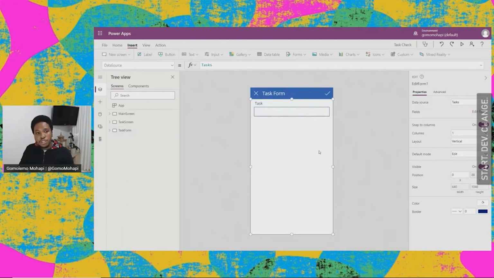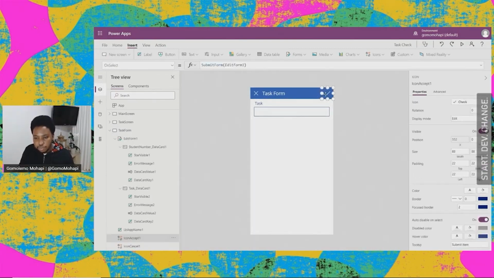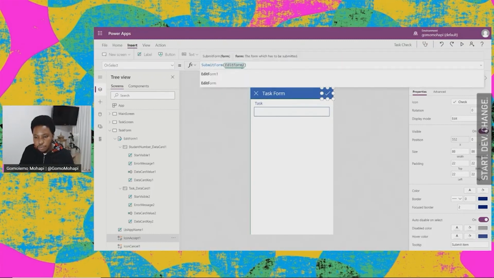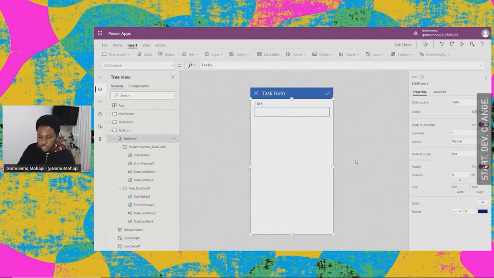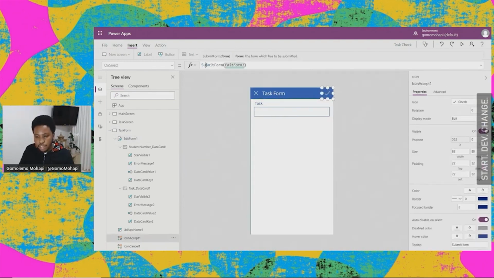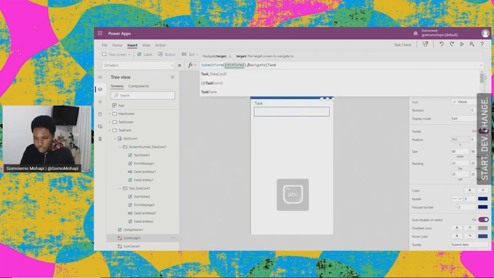Okay. Another thing we need to take note of when we're dealing with forms is what happens when you save, right? As we can see here, if we click on this tick, we see the word submit form, and inside we have edit form 1, right? Edit form 1 is referring to this particular form, right? That's the name of the form. So what this tick is saying, it's saying we're going to submit the form, right? And then what we want the app to do after the data has been submitted, we want to navigate back to the task screen